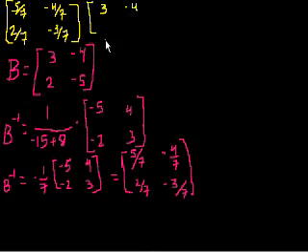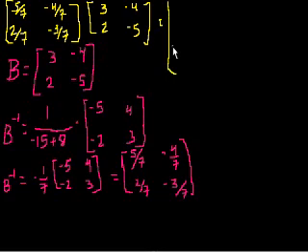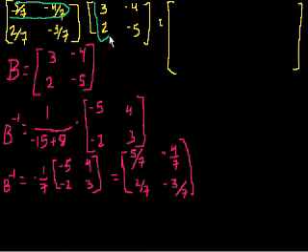3, minus 4, 2, minus 5. Now this is going to be the product matrix. I need some space to do my calculations. So let's see. First, I'm going to take this row times this column. So 5/7 times 3 is what? 15/7 plus minus 4/7 times 2. So minus 4/7 times 2 is, it's minus,